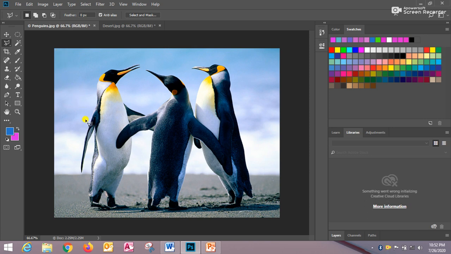Click at the point where you want the first straight segment. From here I want to start the straight segment. I am clicking here and then keep clicking to the next point.